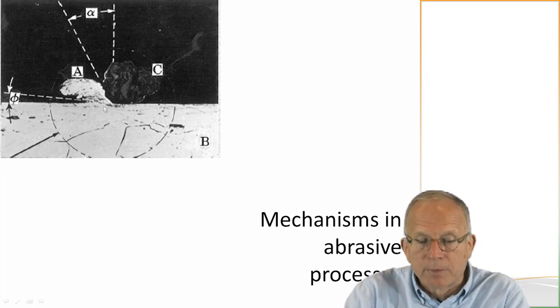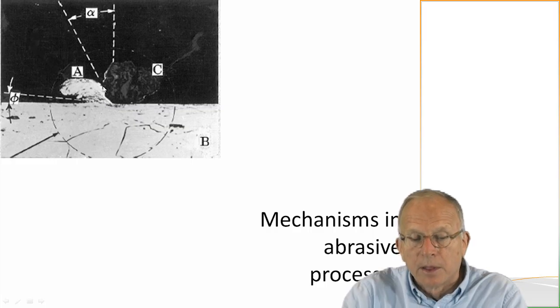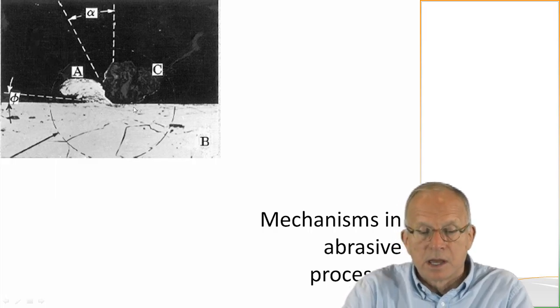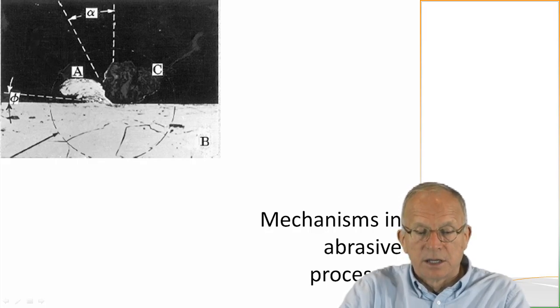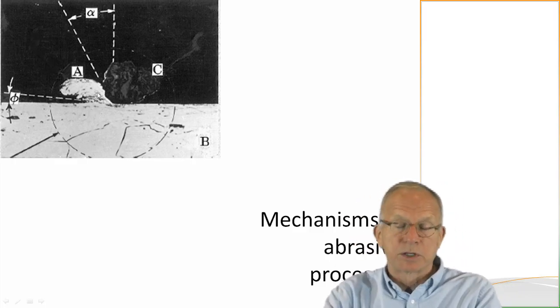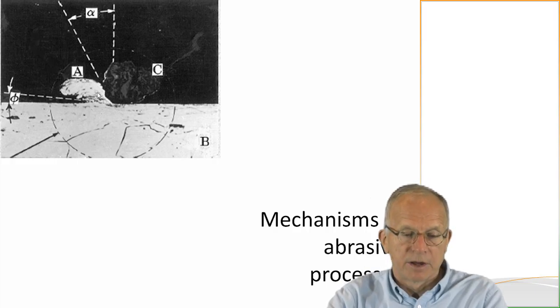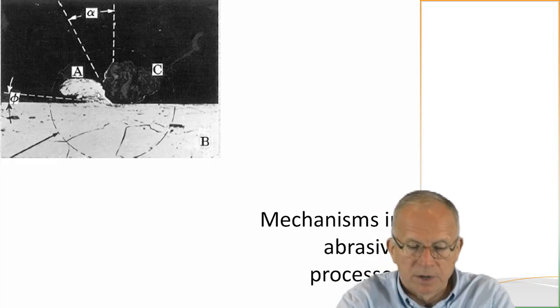Here's a little chip forming, and it appears to have a little shear angle there. The grinding wheel is going this way, or the workpiece is going that way, and so what we're seeing here is a negative rake angle, and a lot of work being done to create a relatively very small chip. Of course, in grinding we have a number of cutting tools available, so we're not just waiting